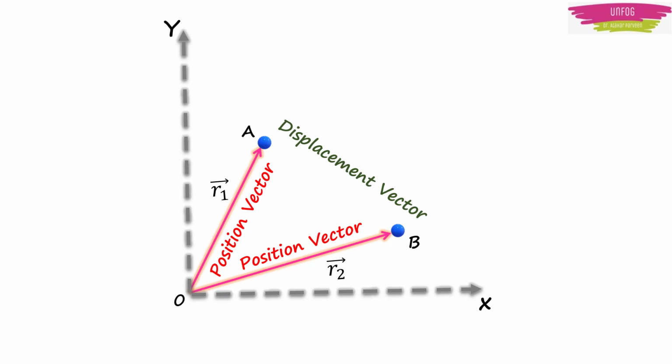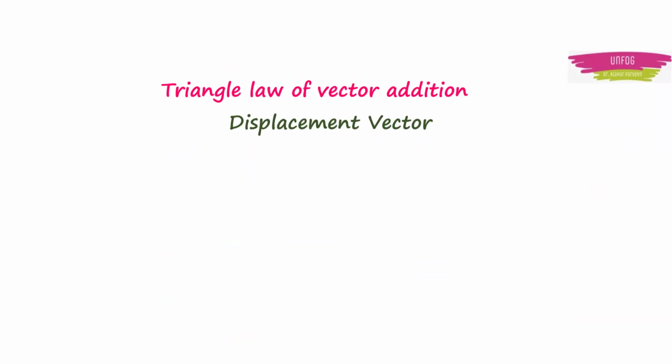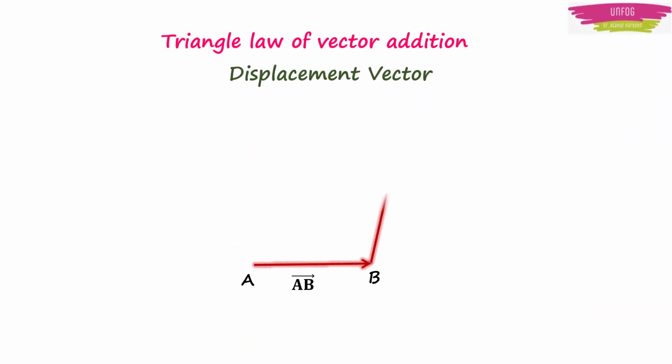It may either start from B and move towards A, or it may start from A and move towards B. According to triangle law of vector addition, the displacement vector here will be vector AC, and it can be calculated by summing up vector AB and vector BC if these sides of the triangle are not in order with the third side, that is the side AC.